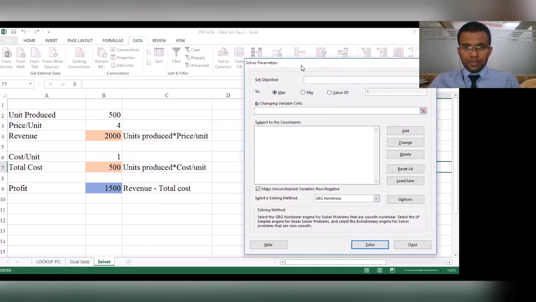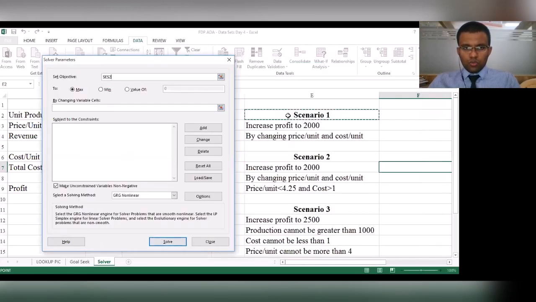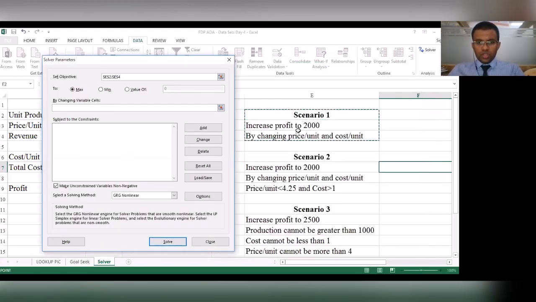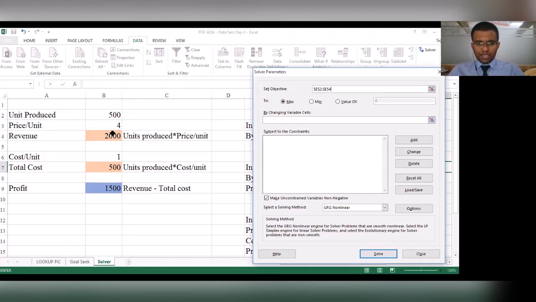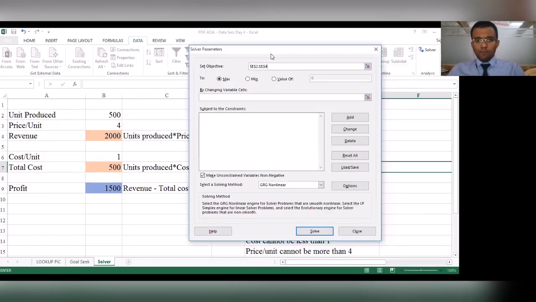Let me drag this over here so that I could explain what exactly we want. In the first scenario, we want to increase the profit, and to do that we are simultaneously willing to change the price per unit as well as the cost per unit. So we are willing to do both.